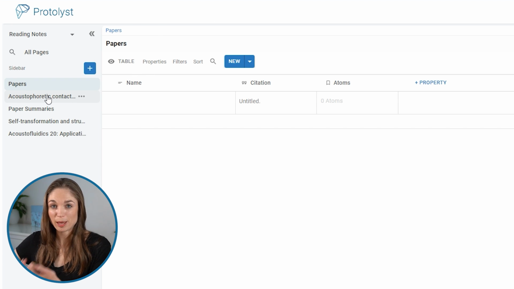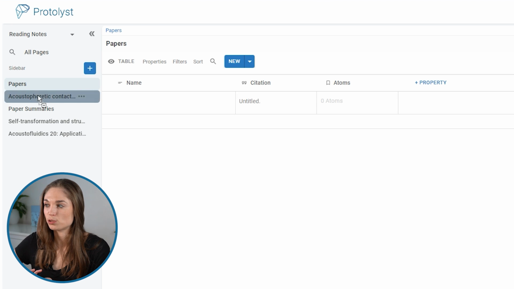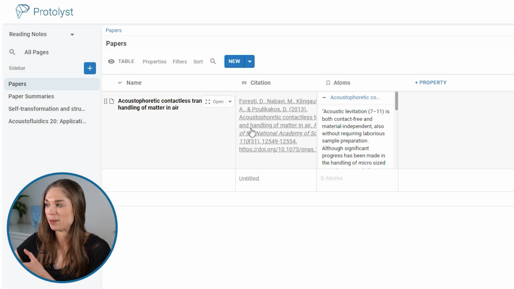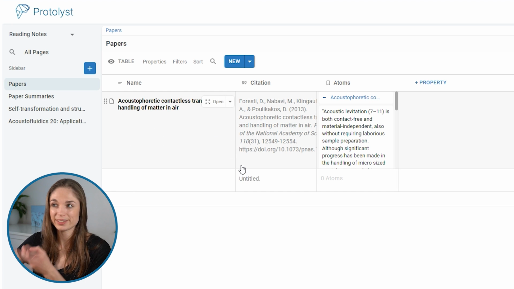So this page, which is the paper we uploaded and took notes on in this paper summaries page, I'm going to move into the papers table. I'm going to do that by dragging and dropping it onto this papers title in my sidebar. You can see that as I did that, it's moved that paper into the top row position in the papers